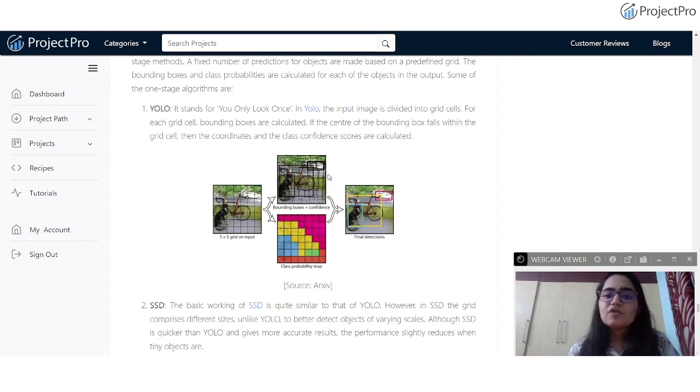When the center of the bounding box falls within the grid cell, then the coordinates and the class confidence scores are calculated. In the final detection, a dog is identified, then a bicycle and a car. But with what confidence each is identified is also retrieved and given in the output of the YOLO model. That is where you can make use of one-stage methods like YOLO, and there are different variants: YOLO V1, V2, V3, V4, V5, V6, until V8. Of course, when I say what is the best one out of these, there is nothing like best,